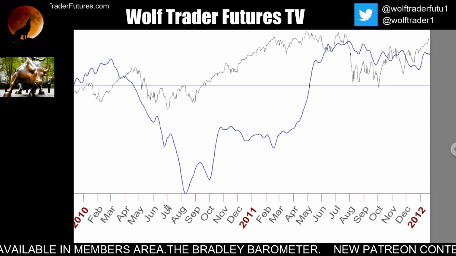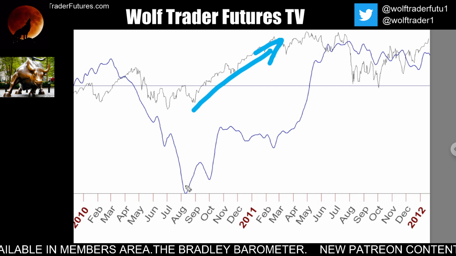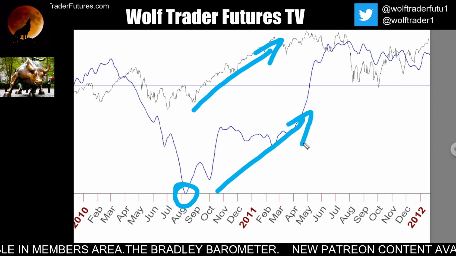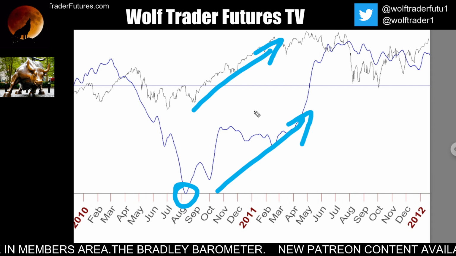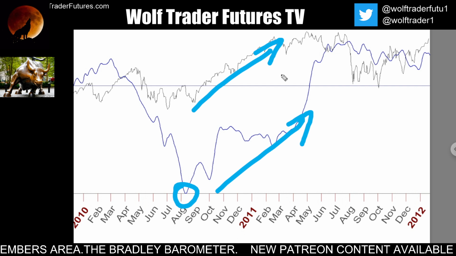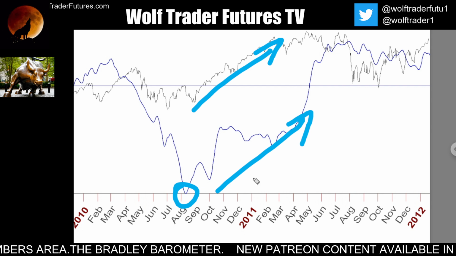It's just we need to understand that the bias becomes very bullish. And so you want to look for these times when the bias is bullish. Now, you can actually have the opposite effect. You can have a falling Bradley and a rising market if the Fed is really strong. So again, everything's in the context of what is happening with the Fed,